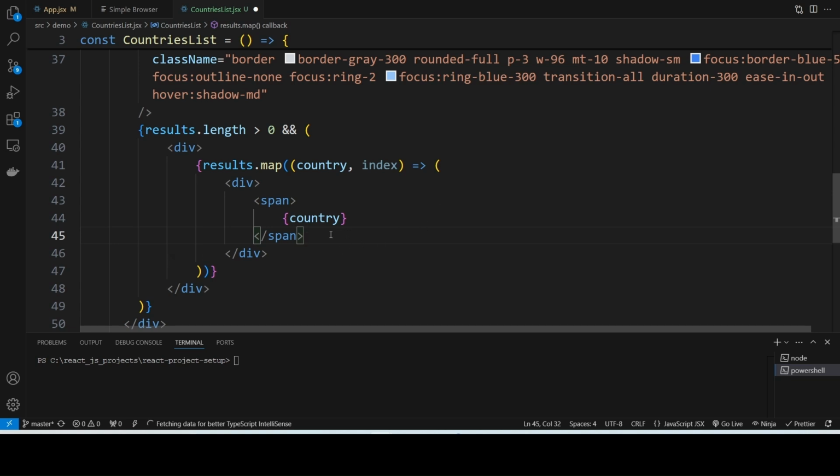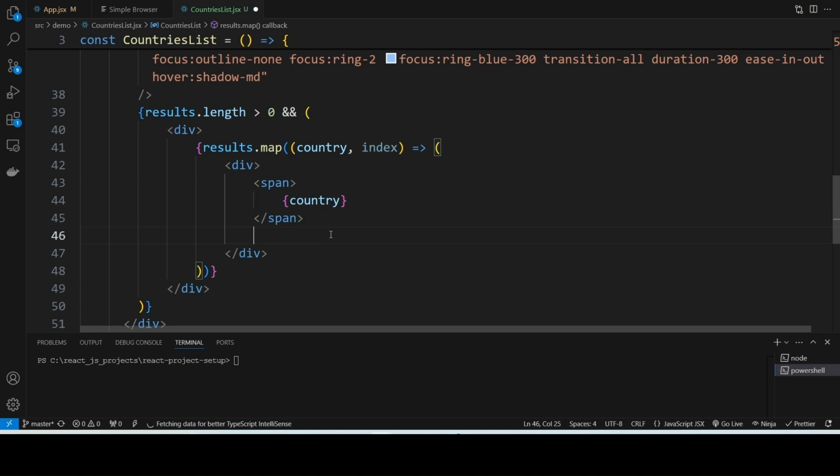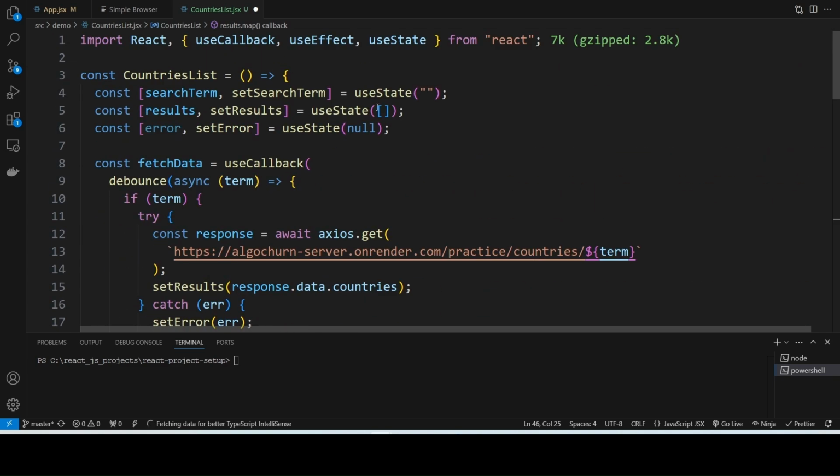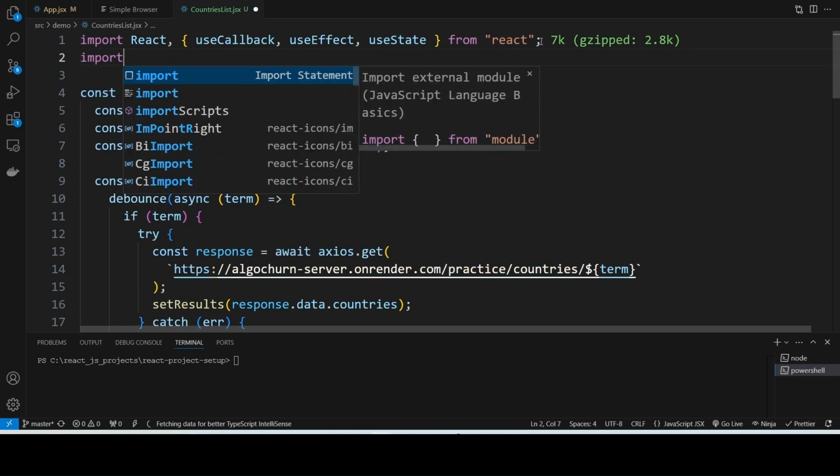The thing is, in our challenge, they clearly mentioned that the user should be able to select a country from the drop-down list. Okay. For that, what we have to do is add a button. By clicking on that button, the user should be able to select. When he selects that value, the country will be displayed inside my list input box. Okay. For that, let me import one icon, that is the plus icon from react icons,